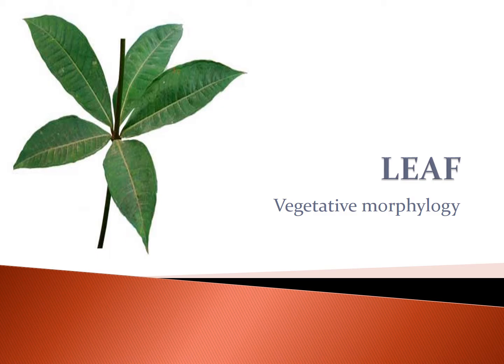First of all, we learned the root system. What are the characteristics? Root is a non-green substance. Root cannot have nodes and internodes, but the stem should have nodes and internodes. Then there are two types of roots: one is the taproot, and another is the fibrous root system. Some main functions of the root are absorption of minerals from the soil and helping to anchor the plant firmly in the soil.